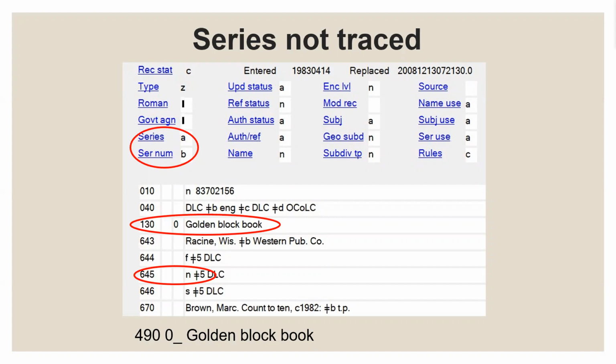Why make a record for something that's not traced? But they do. And basically, you do not trace a series. And when you trace a series, that's adding that 8XX to it. So in your bib record, for a non-traced series, you're just going to have a 490, first indicator 0, second indicator blank, with what is in the 1XX. And you don't go any further. That's all you have in your record.